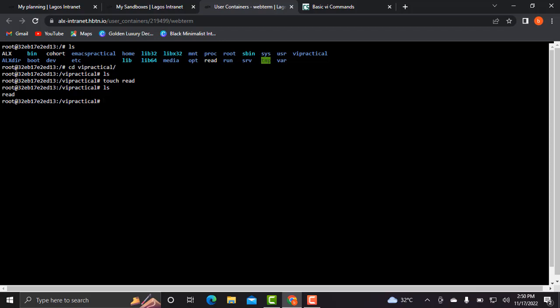So now how can you open this file using VI? Indirectly, I'm trying to show you how to start the VI itself. How can you start the VI? To start the VI, you simply type in VI, then you type in the file name that you want to open using this text editor. So I will type in read,